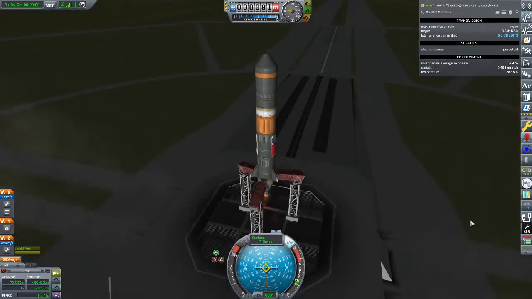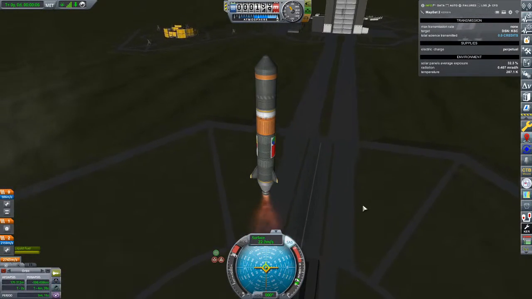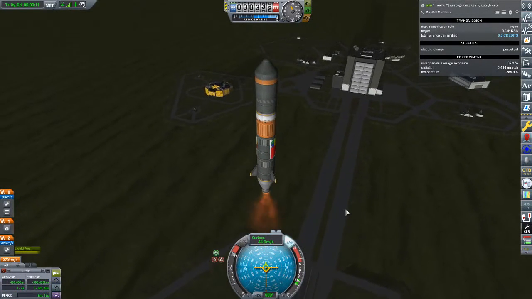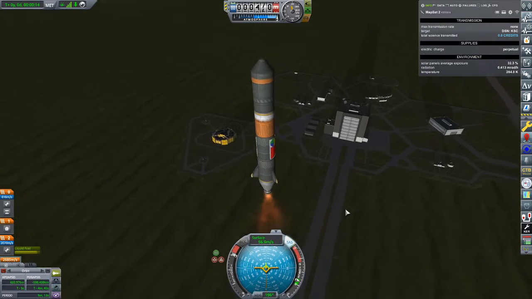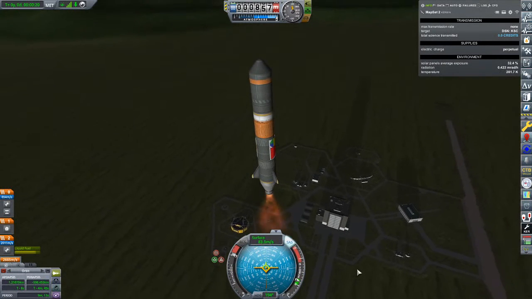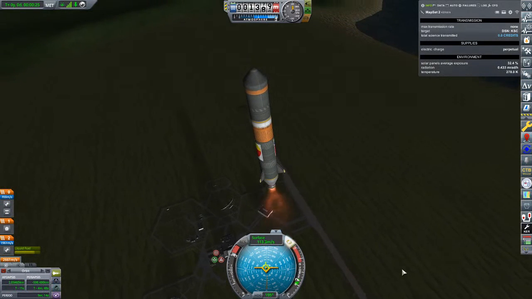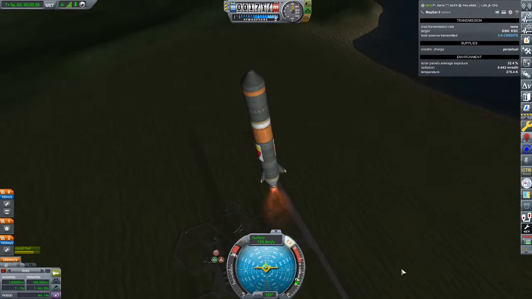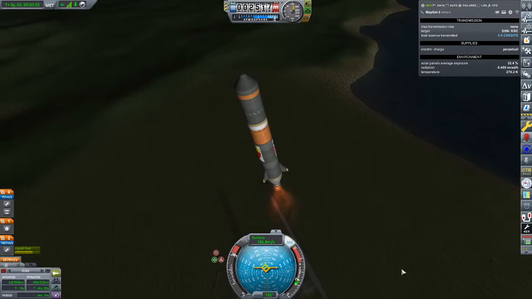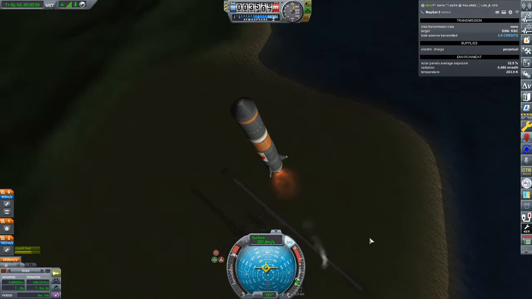So, SAS on, that's on, that's on, that's on. Let's do this. And again, we're going to launch towards the south. Let it pick up a little bit of speed first. Knock it over just a little bit. Lock that onto prograde. Just kind of let this ride up. I think it's going a little bit too far to the west, so we'll knock it back just a little bit. Probably not falling over quick enough either, but this thing's actually a lighter rocket than the last one, and I didn't change the amount of fuel on it, so it honestly should be...